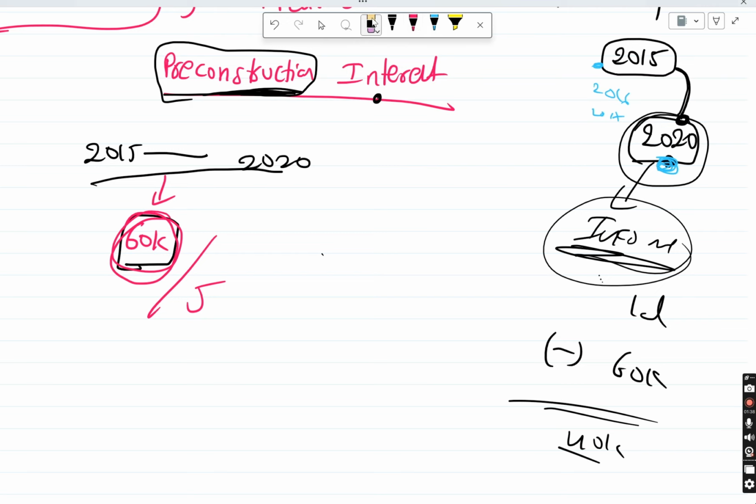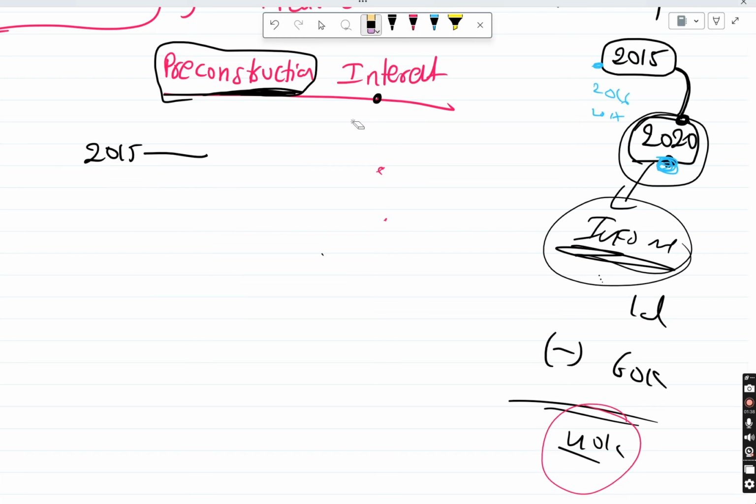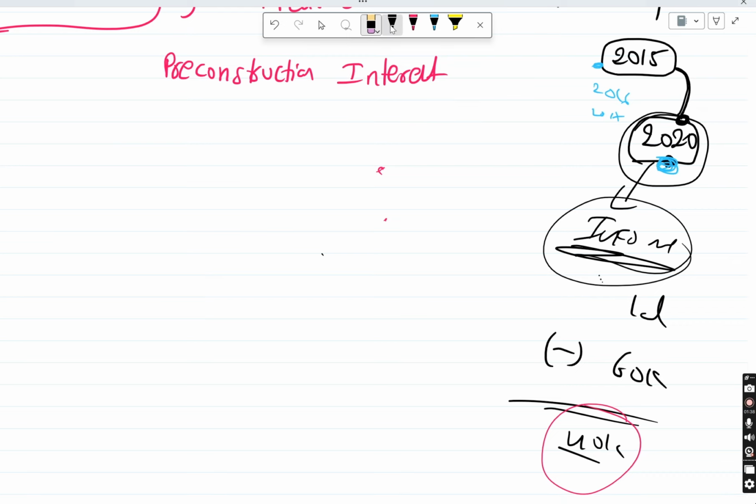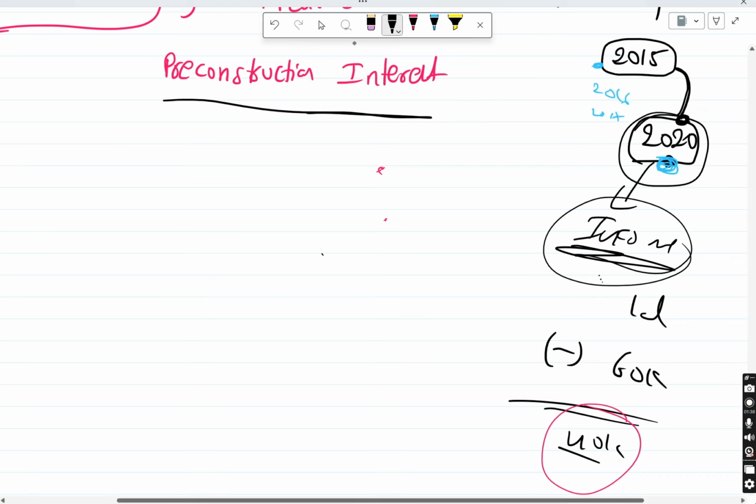So first you need to find out what is the pre-construction period, and then what is the pre-construction interest, and then how much I can claim this year. And as usual, for self-occupied also this same concept applies. Let out or self-occupied, but self-occupied maximum 2 lakhs, and for let out no ceiling limits. So make sure you write these steps, guys, because based on these steps only you can find out the pre-construction interest. Every time you apply these steps.